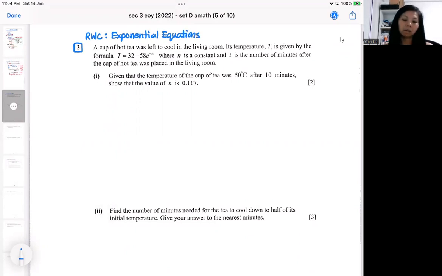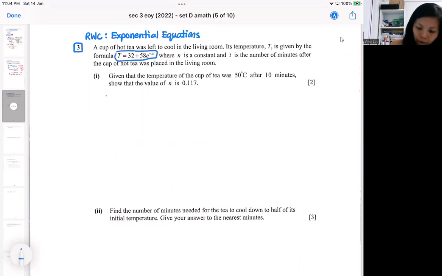So in this context, we've got a cup of hot tea. It's very hot, so you're expecting the temperature to be very high. And you are going to put it in the living room to cool it down. The idea of cooling down means the temperature will keep decreasing. So they have this